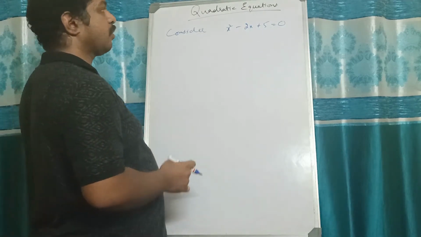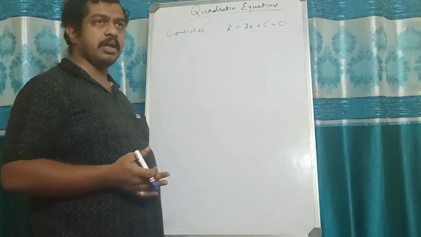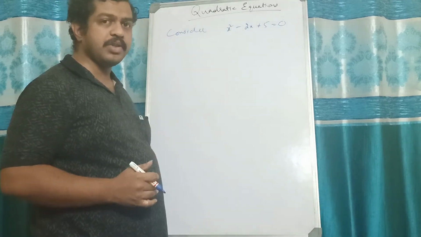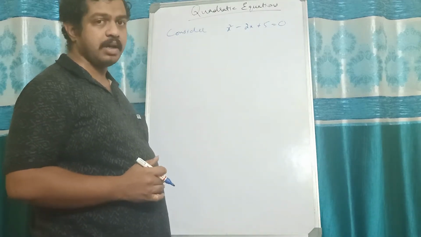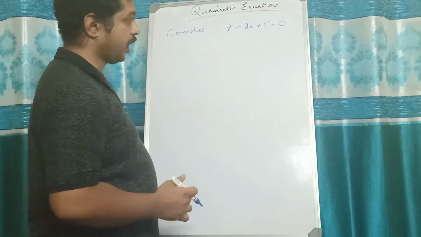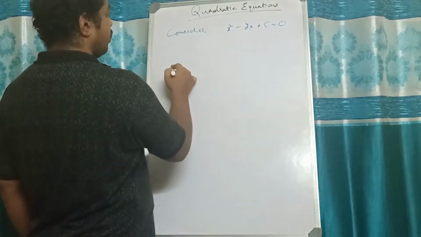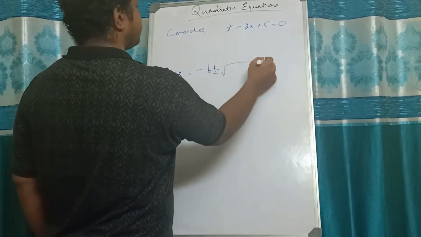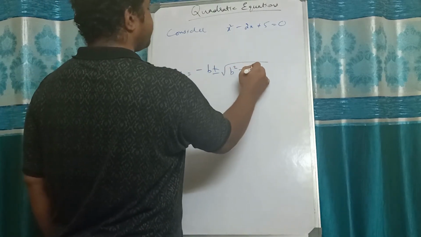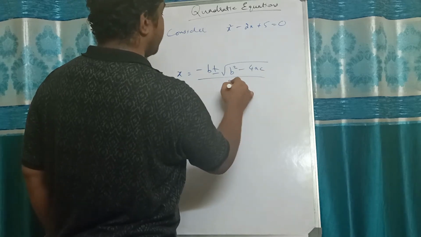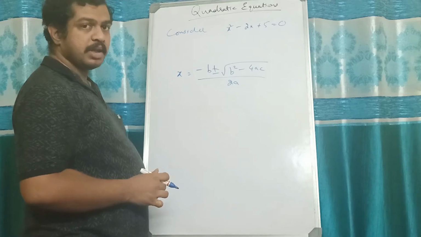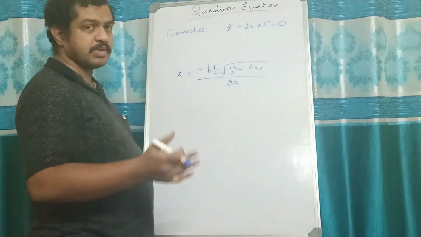And we all know that the quadratic formula was derived by an Indian mathematician by the name of Sridharacharya. So it's called Sridharacharya's formula, right? The formula is given by x equals minus b plus or minus root of b squared minus 4ac, whole thing divided by 2a. This is the quadratic formula. It was found by the Indian mathematician Sridharacharya, right?